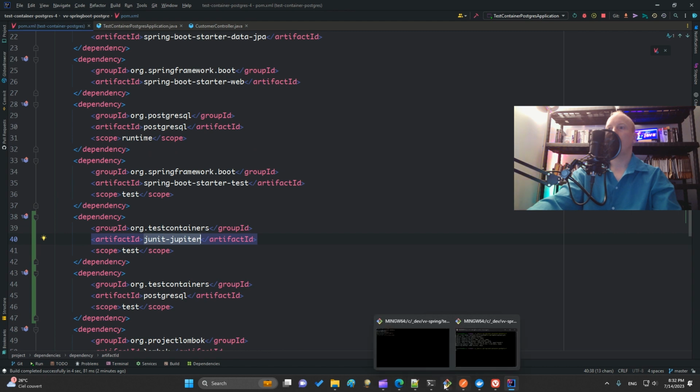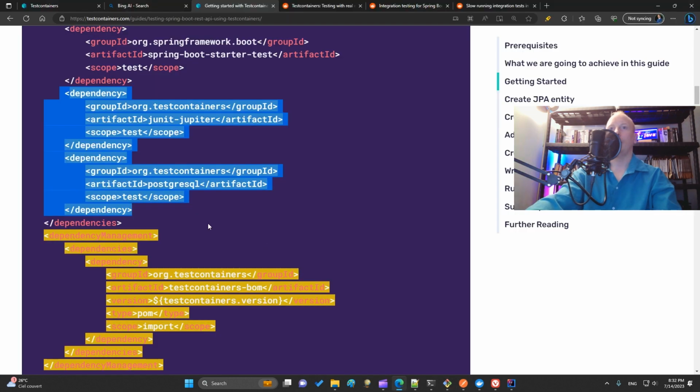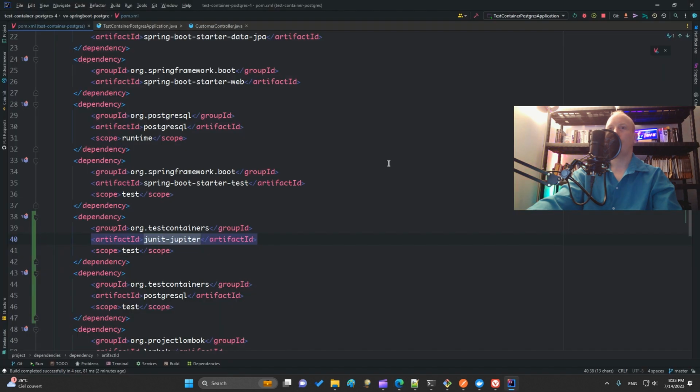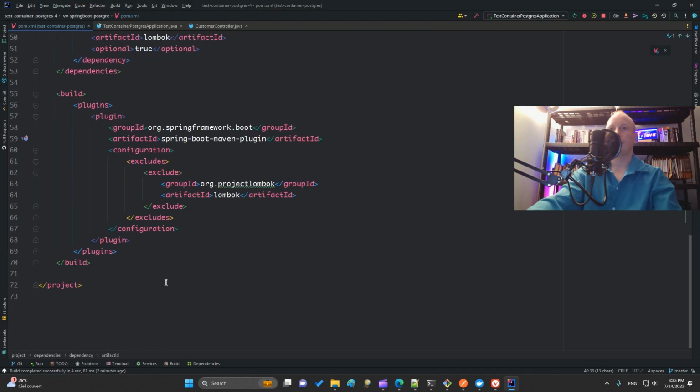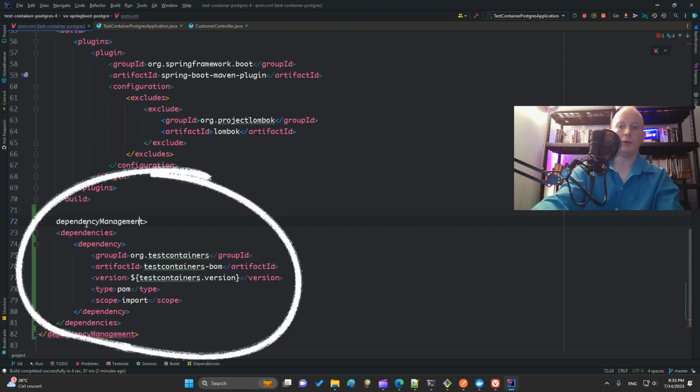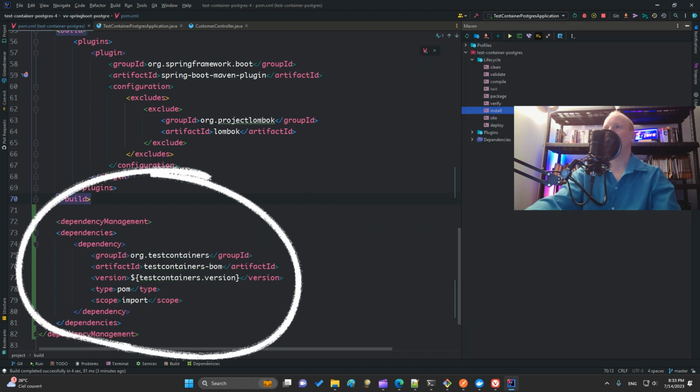Then I get back to my tutorial. I add the dependency management to import all the stuff for Testcontainers. Okay, I check if it builds.